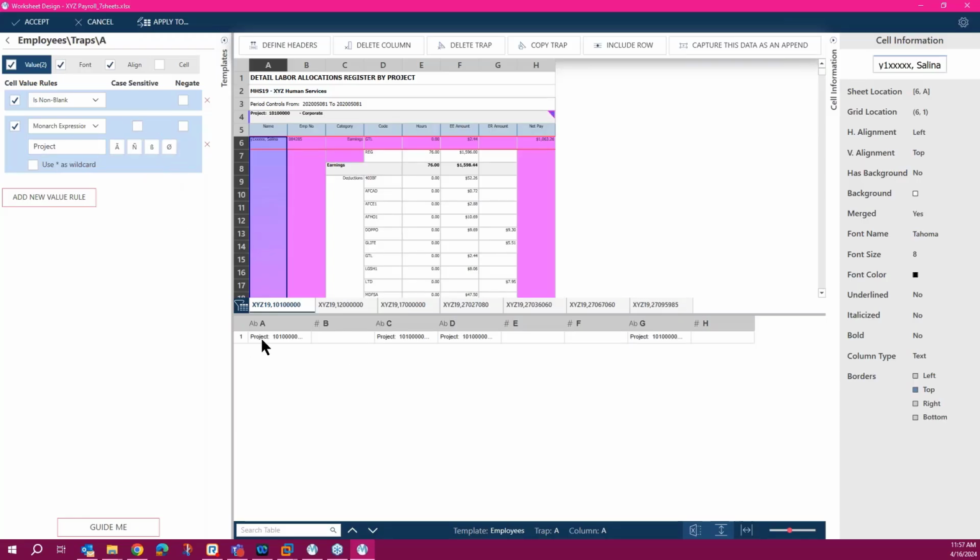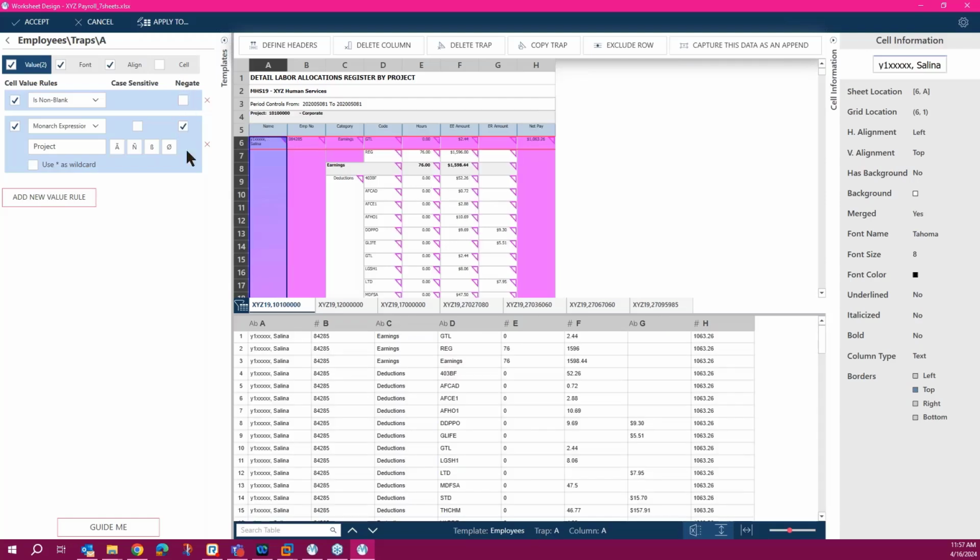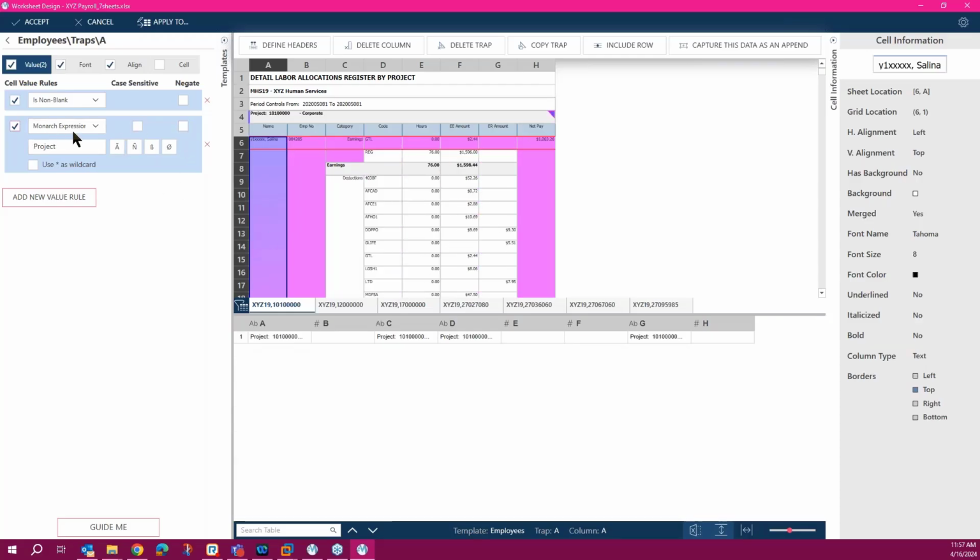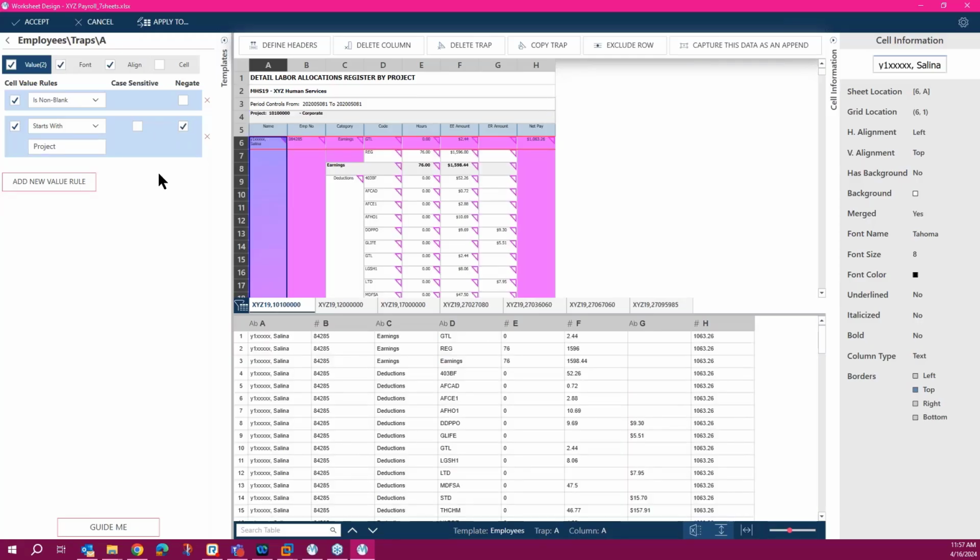And you notice that it only shows project. So if I negate it, you can also negate the trapping. By negating it, it basically gets rid of it. So that's one way to do it. Another option would be if I just go and say starts with, for example, project and negate it. So there are many ways to get rid of that row so it doesn't show in our data set.